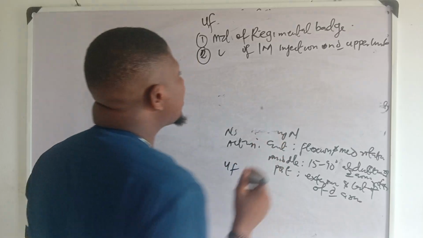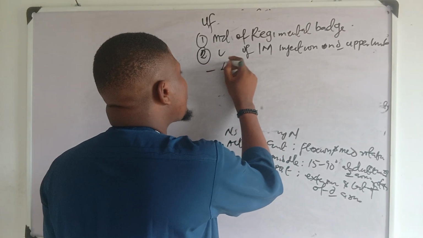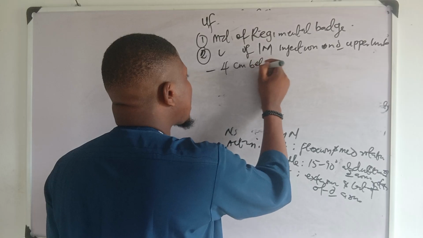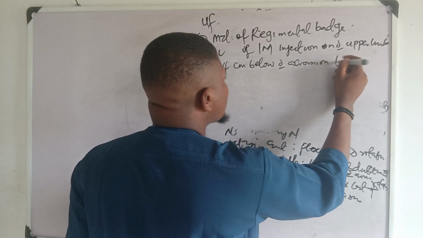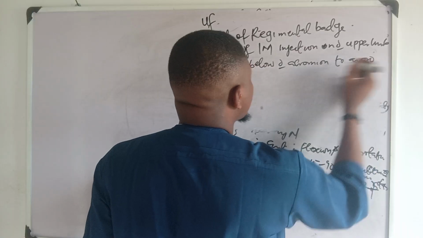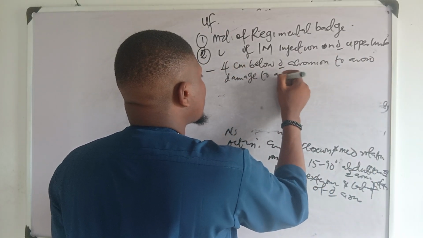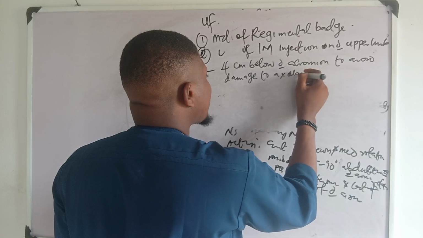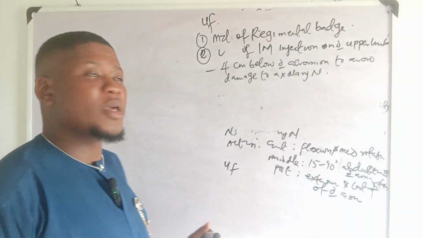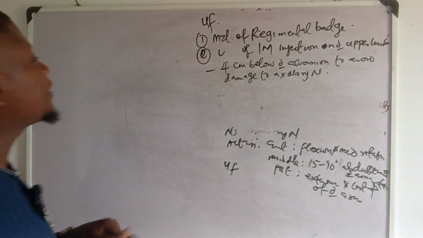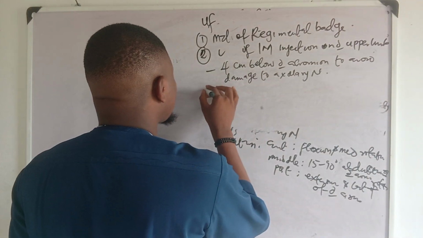So for this muscle, remember the intramuscular injection is given 4 cm below the acromion, to avoid damage to the axillary nerve. Then the next thing about the deltoid,